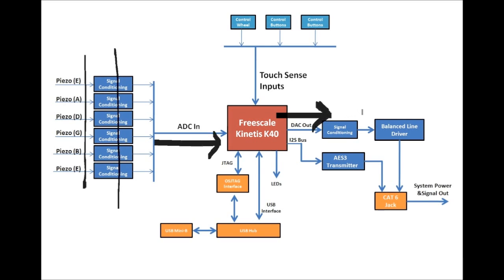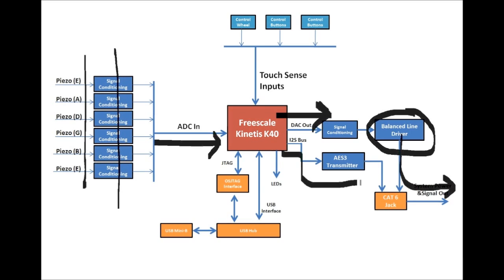I threw in a digital pot. Now, there's absolutely no reason to do single-ended. Balanced line is much better, so we send a balanced line out. Now, I use the Cat6 cable, and the reason I use Cat6 is you can open up any Monoprice catalog and find it very, very cheap. It's shielded. There's lots of conductors. It's very, very nice. The Kinetis also has an I2S interface, so we can send the audio out digitally as